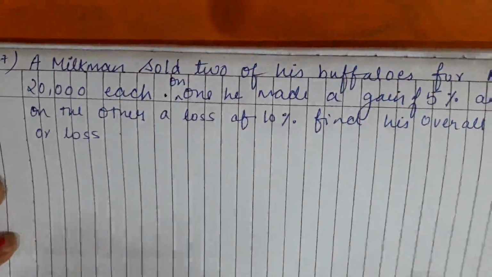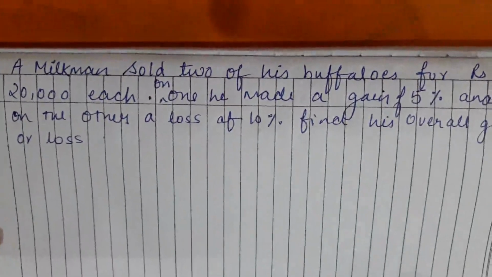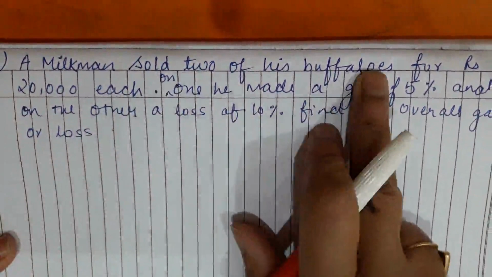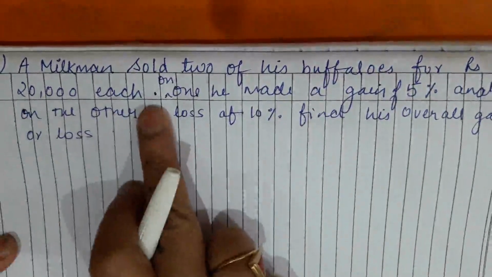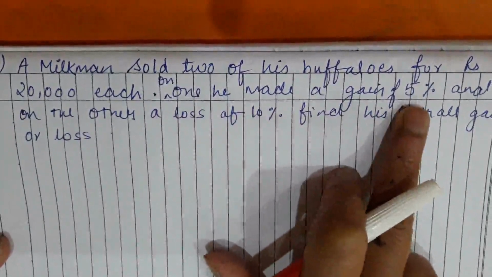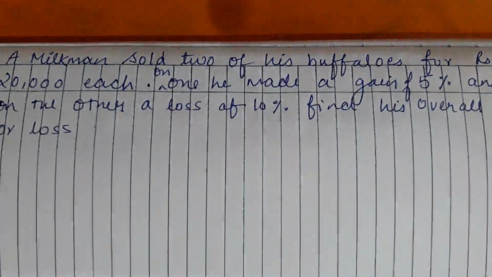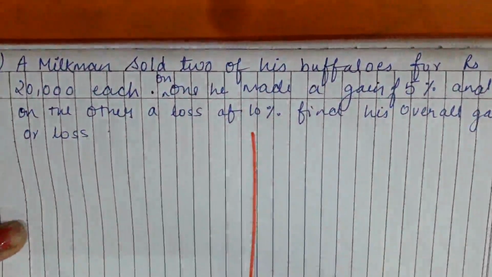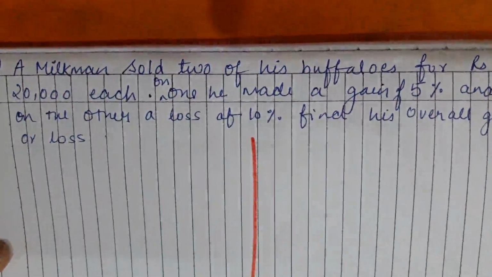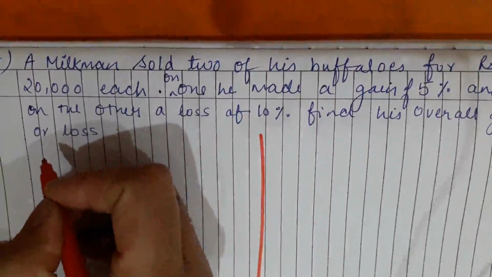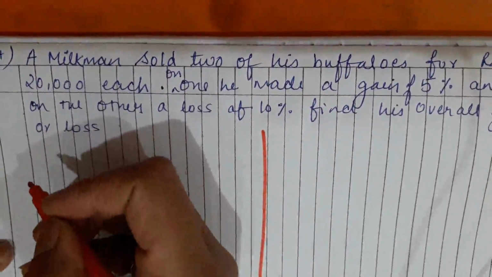A very interesting question, children. Understand this question very carefully. A milkman sold two of his buffaloes for rupees 20,000 each. On one he made a gain of 5% and on the other he faced a loss of 10%. Find the overall gain or loss. Okay, so in this question the cost price of the buffalo is not given, only the